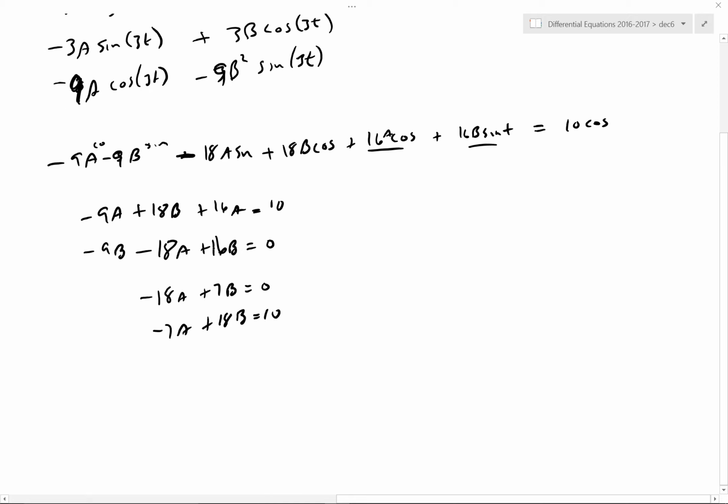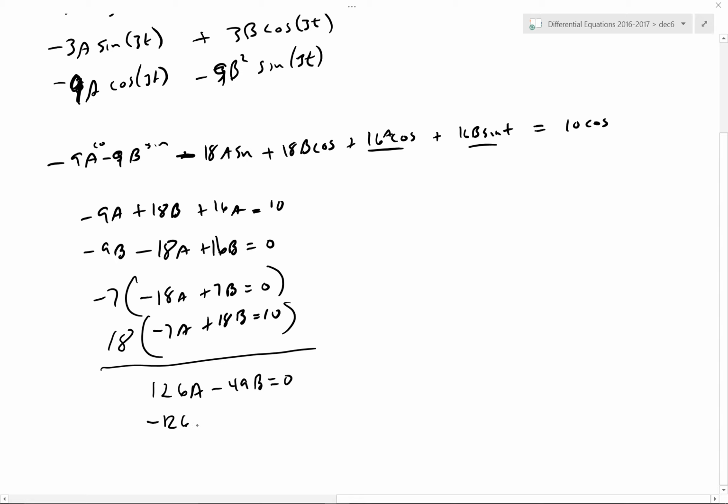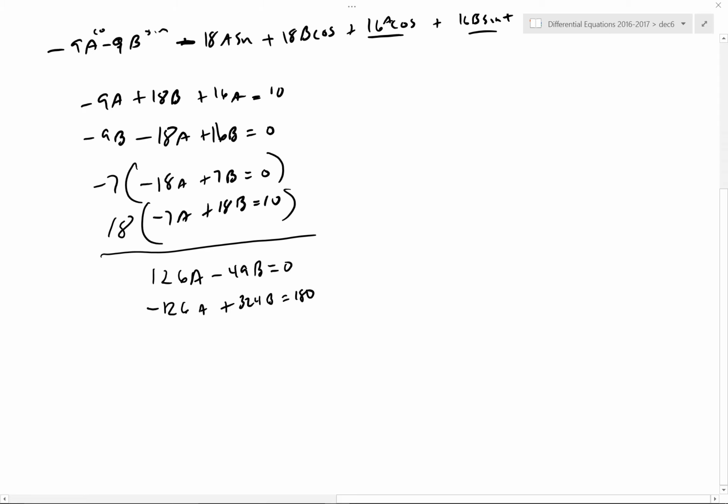So you can do it a couple of ways, I guess. It's six of one, half a dozen of the other. Maybe I multiply the top one by negative 7 and the bottom one by positive 18, because why not? 18 times 7 is 126, right? So 126a minus 49b equals 0, and negative 126a plus 324b equals 180. If you add now, you will get,